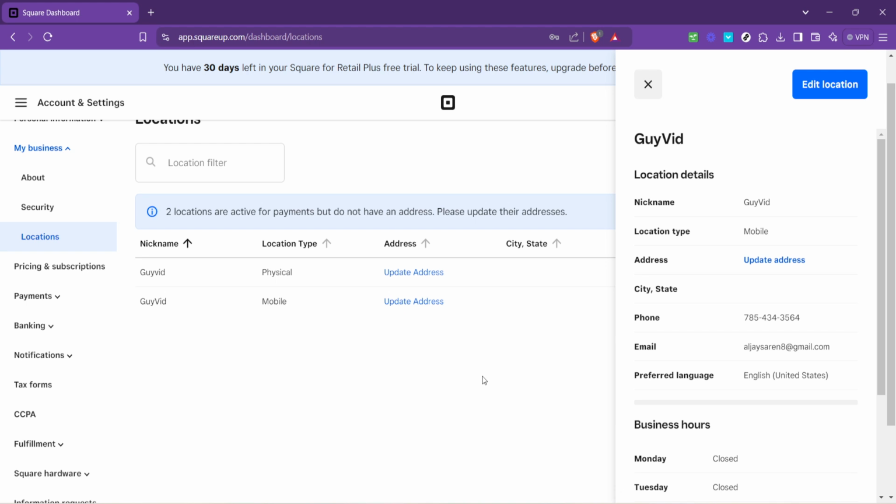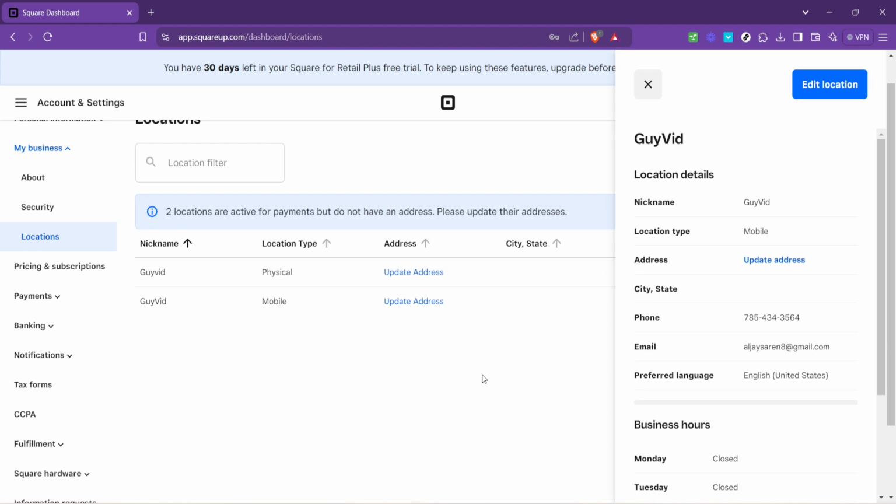Simple, right? In conclusion, keeping your business hours updated on platforms like Square Appointments can greatly influence your business's accessibility and customer satisfaction. It's a minor detail with major impact, signaling to your customers when you're available to serve them. And with the steps we've outlined today, adjusting these hours is straightforward, allowing you to keep your business information accurate and up to date with minimal fuss.